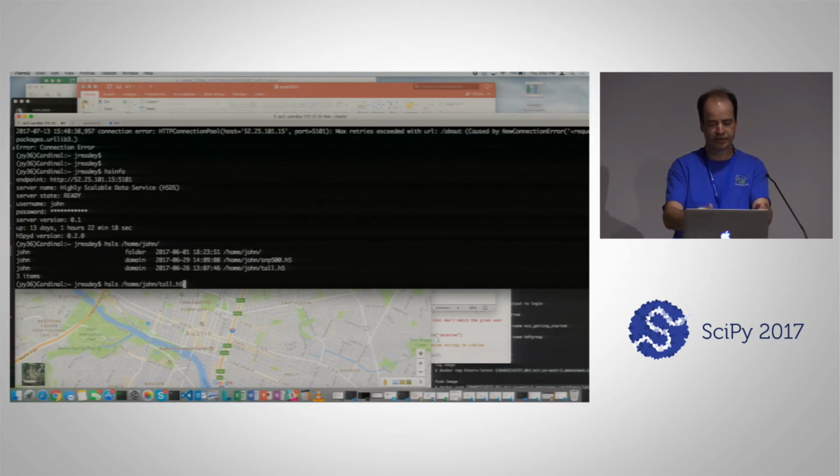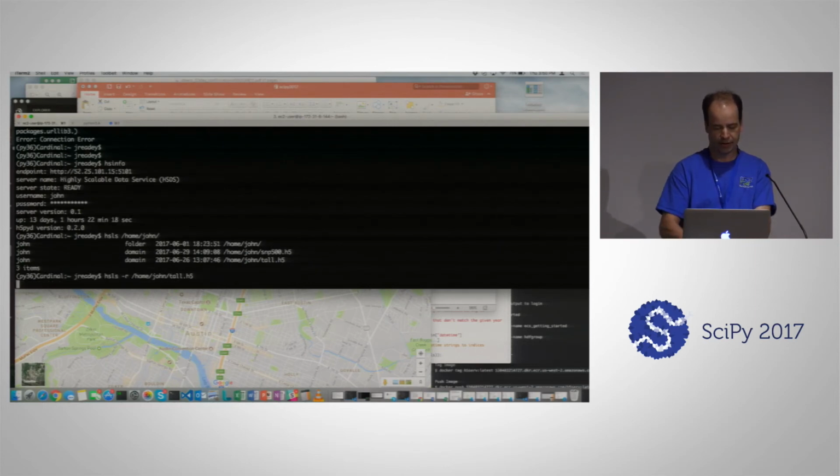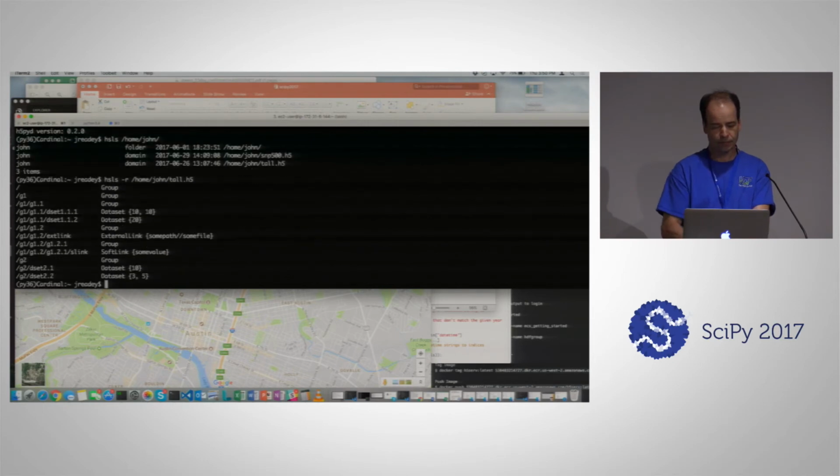So this is a list of files, and if I show one file, we will see the HDF5 content in that file. So there's a group, there's a subgroup, there's a subgroup, there's data sets, there's links, soft links, et cetera. And if I do